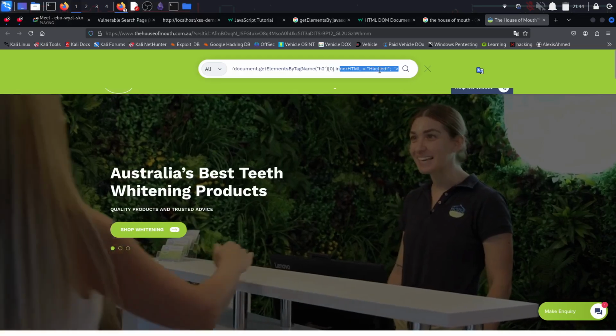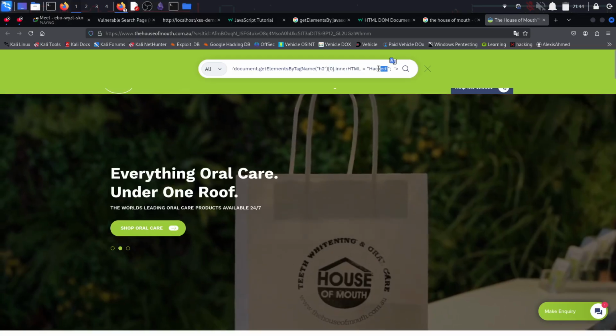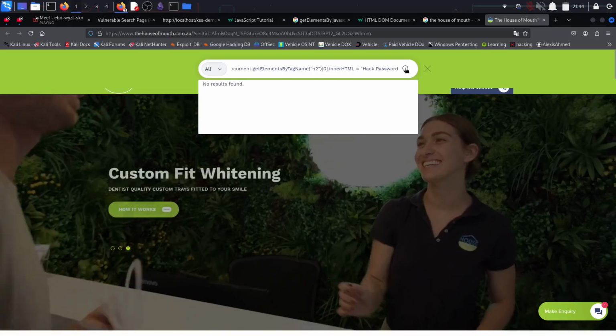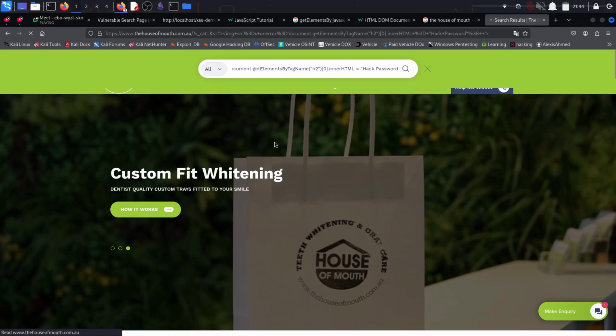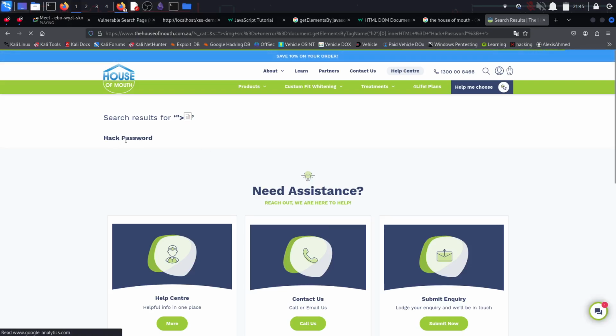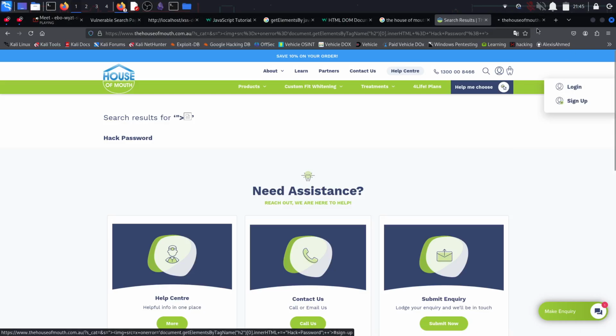Okay, let's say add password. Right, click search. As you can see, it got changed. Add password. And if we go to login page,